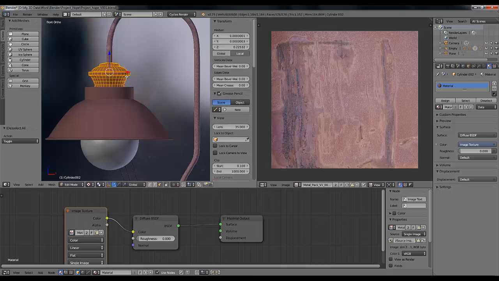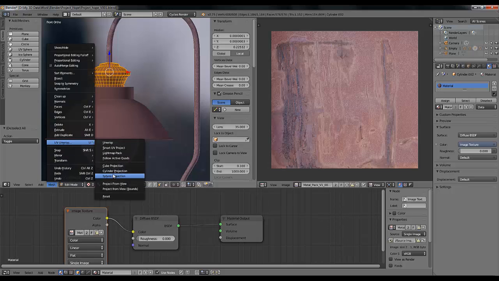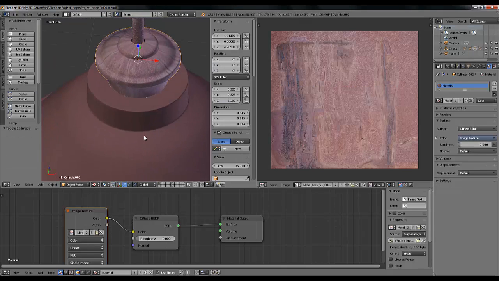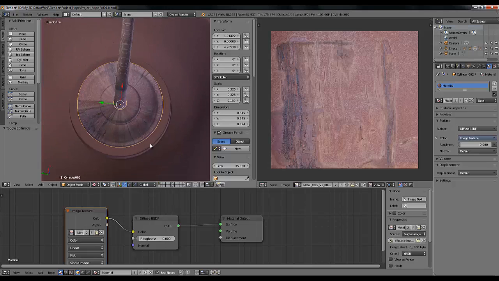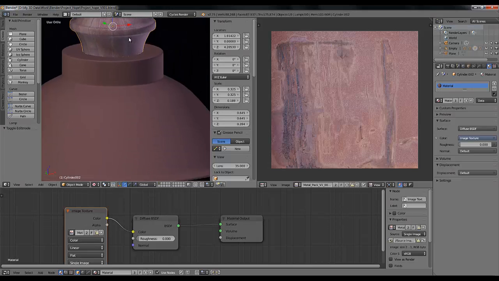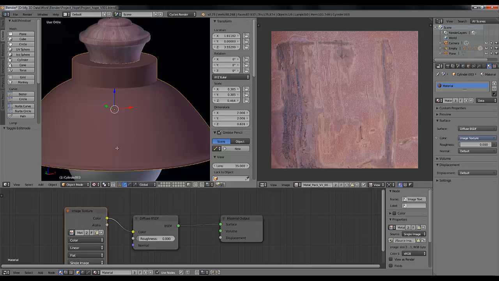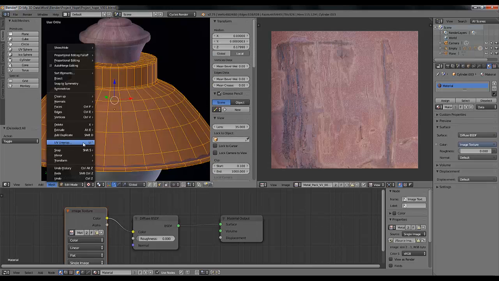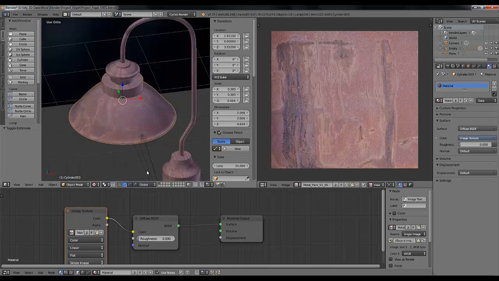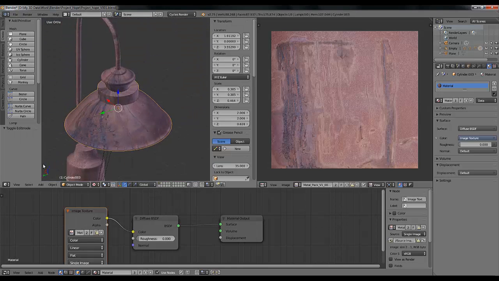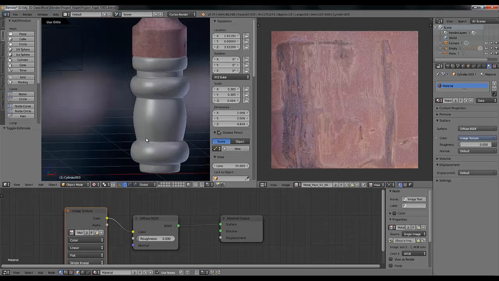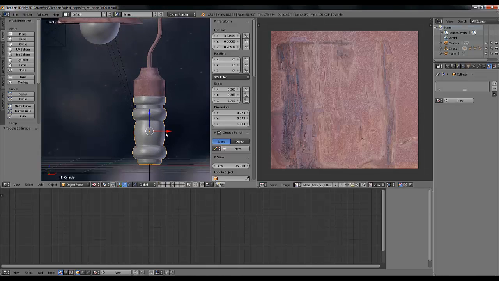So tab and press A once or twice, so select everything and go to your UV map, and first apply maybe cylindrical, and let's see what happened. Yeah, for this we can work with this, and for this again tab, select everything and UV unwrap and go to cylindrical. So I think we applied the textures on this, so the last thing left is the base of the